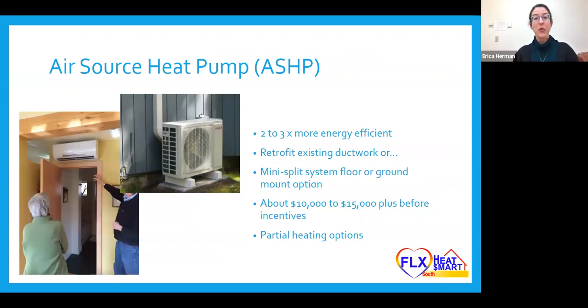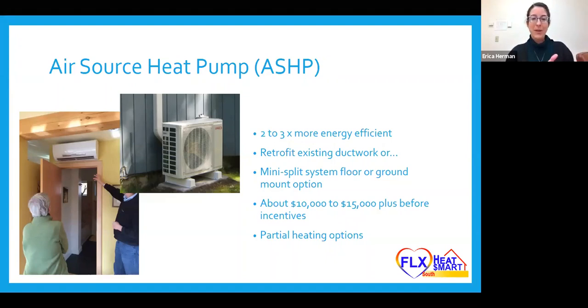So there are two types of heat pumps. I think about heat pumps as like the trunk of a tree, and then you have your two branches: you have your air source and you have your ground source. Air source heat pumps tend to be 2 to 3 times more energy efficient than your stereotypical fossil fuel systems such as fuel oil, propane, and electric resistance, which tend to be really expensive. They come in 2 different forms. You can sometimes do a duct retrofit into your existing ductwork in your basement or attic, or another option is doing something called a mini split system. I like to joke that it's called mini split because half the unit's outside and half's on the inside.